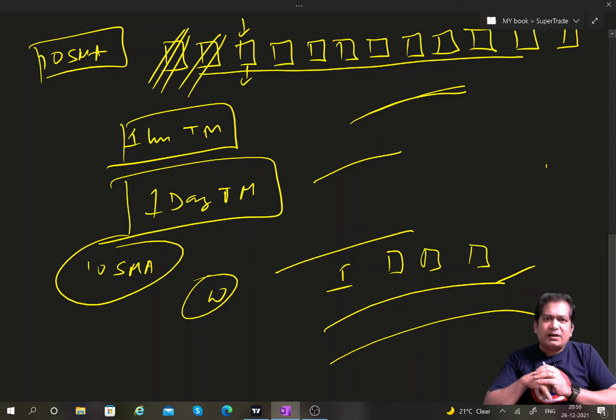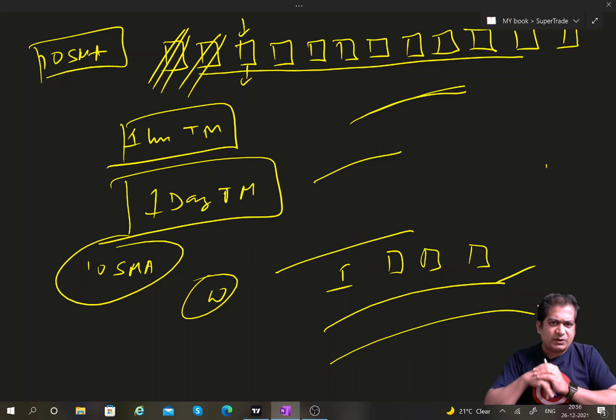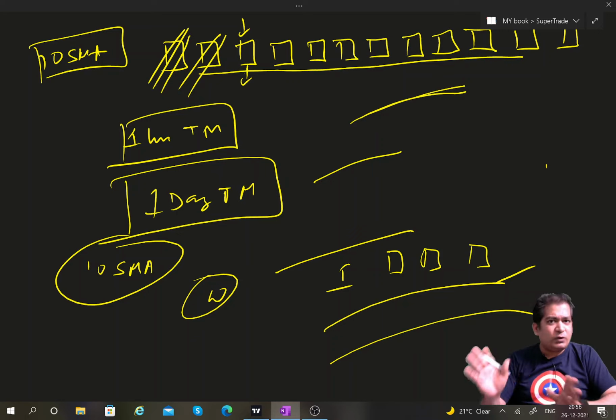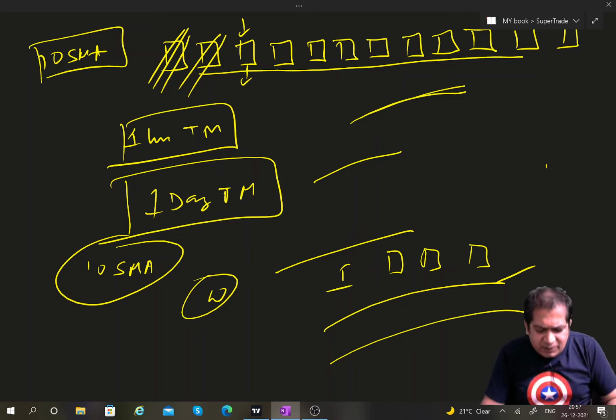Now remember, if you are a trader, then we use a time period of 15 minutes to half an hour, and 5 minutes we can also use. But if you are an investor, you will always start from the daily time frame, and you will have to go to the weekly time frame, because you are looking for a long-term investment. You are not going to trade intraday. So you will not look at the 5 minute chart or 15 minute chart or 1 hour chart. For entry purposes, you can do that. I'll tell you that later on when you move to a little more advanced level.